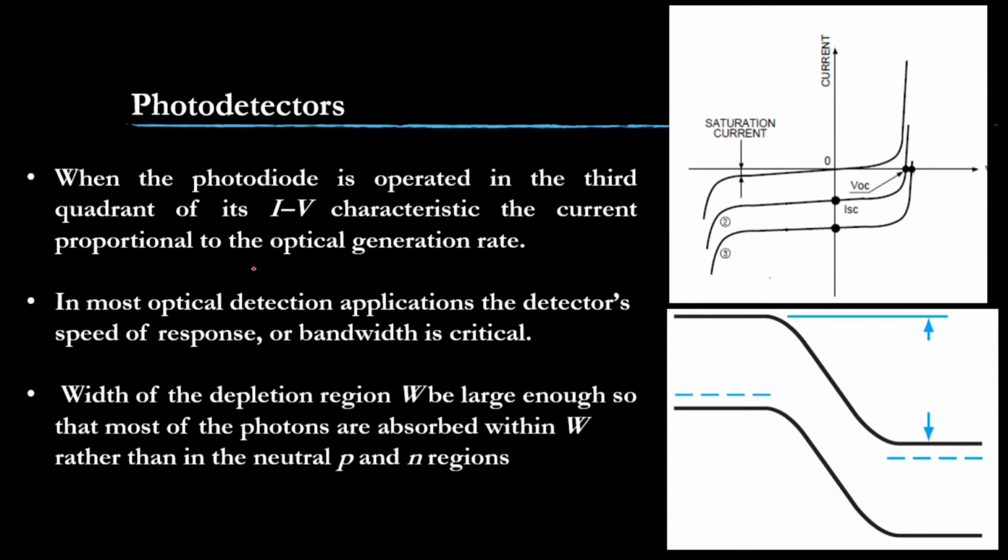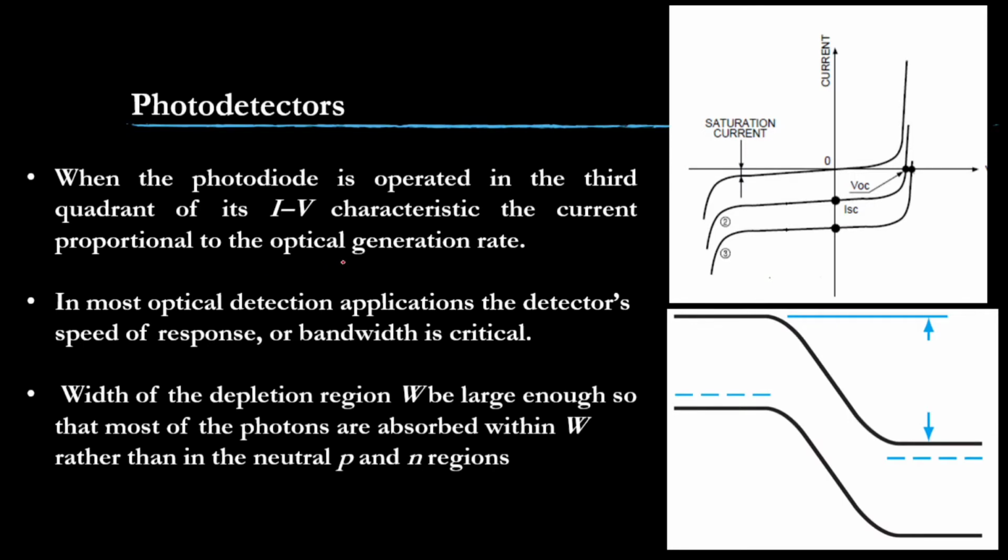In last classes we have been discussing photodiodes. In that, solar cell has been completed. If I take the solar cell and explain using the voltage and current characteristics, the diode works in the fourth quadrant, and it basically works on open circuit voltage and short circuit current that we have seen in previous classes. Today it's about the photo detectors.